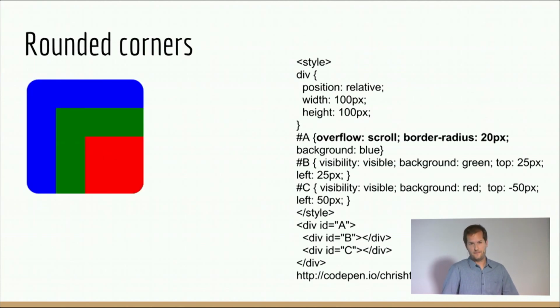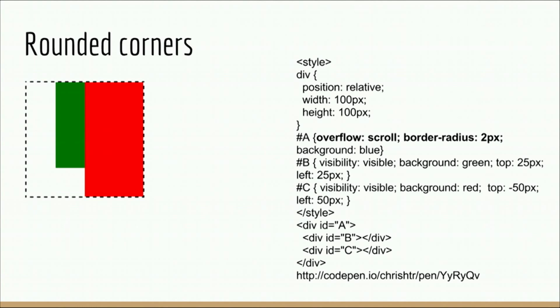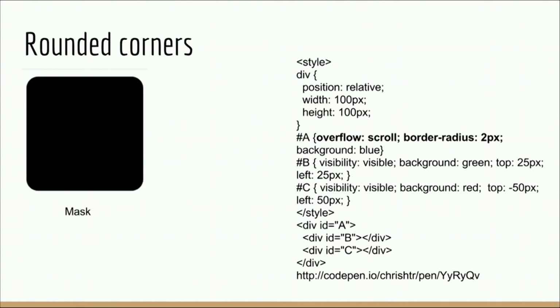Rounded corners. Rounded corners are super awesome, and they're all over the web, and they're more complicated to implement than you might think. So here I've just taken that previous example and I put rounded corners on the blue thing. To implement that, you do all these things that I mentioned earlier about drawing them, positioning them, and clipping them for the children. And then you might make something called a mask, which is like